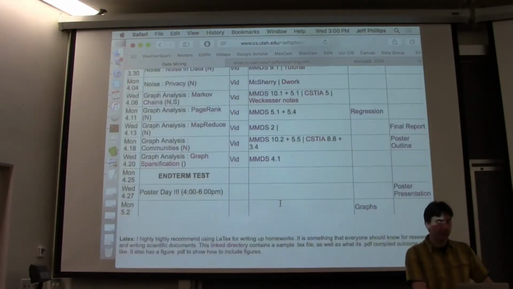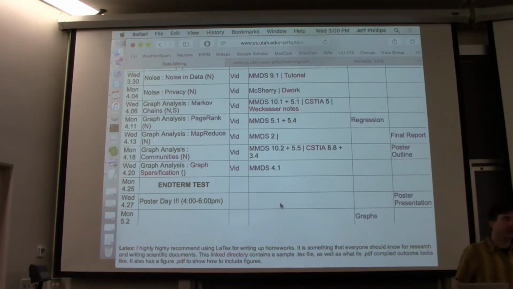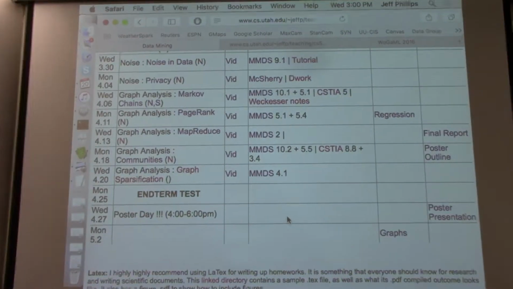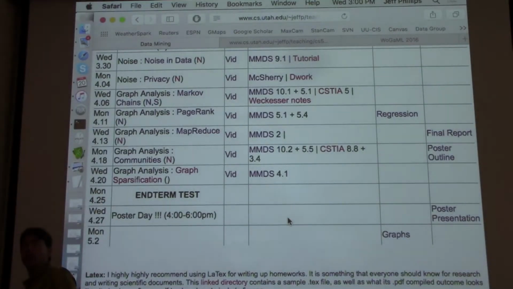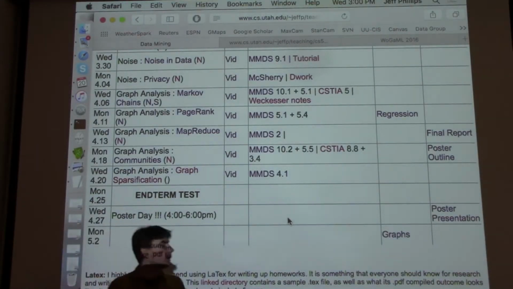Okay, so this is the last lecture in here of the semester. There's still class next week, Monday, which is going to be the end term test, but this will be the last lecture. Let me get the lights. All right,